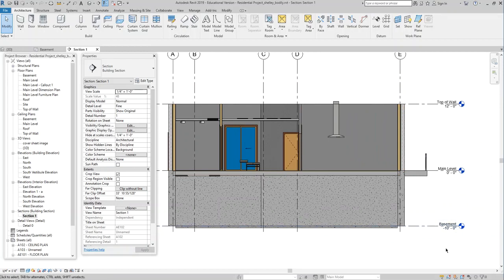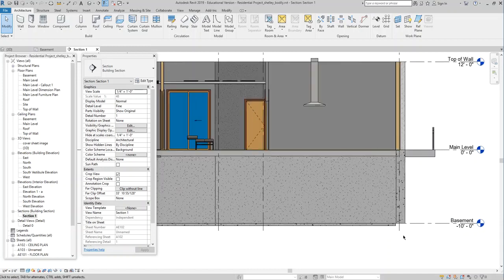Okay, I need to add another level. So our foundation wall is defined from our main level down to our basement. Our footings are going to be defined from below that foundation wall, and we'll make it significant at first, and then we'll bring it back to where it needs to be. I'm going to do a 2-foot footing, and then we'll take it down to where it should be. But I need to create a footing level so I can define my footing from the footing up to the basement. Okay, so I'm going to click on level,